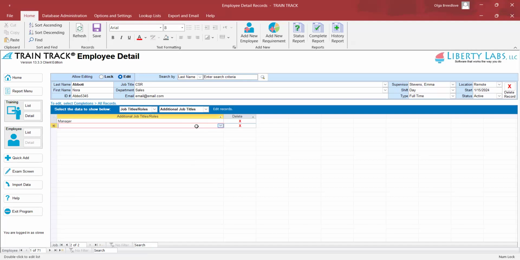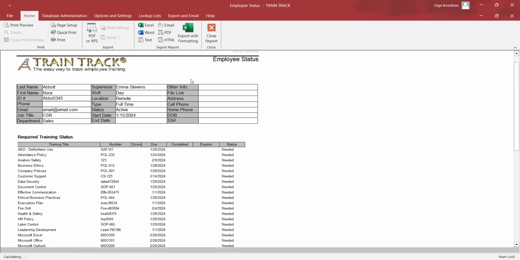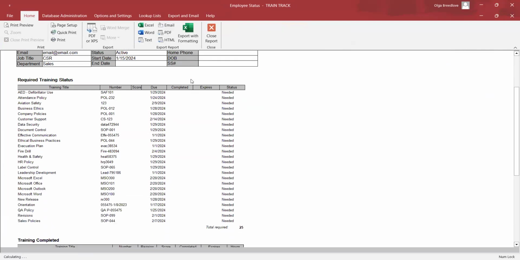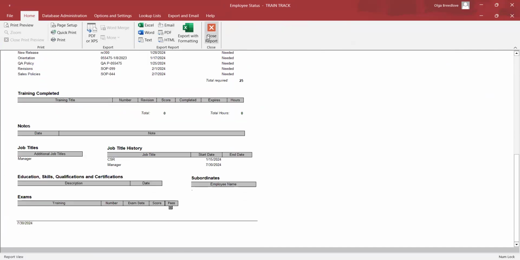If you need to pull a report just for a specific employee you're looking at, you can use either of these three buttons at the top to pull the report for just the particular employee or training record you're looking at. That report will have the employee's information at the top, their training statuses, and any other relating information down